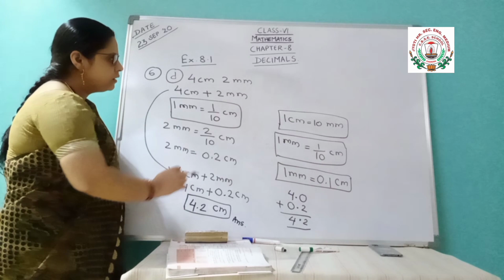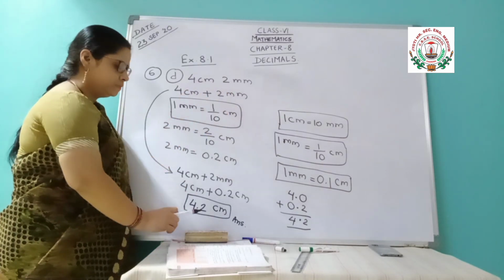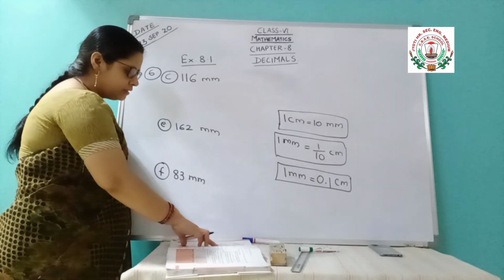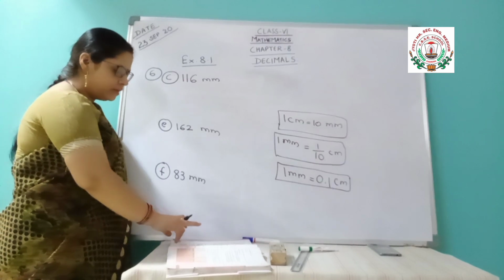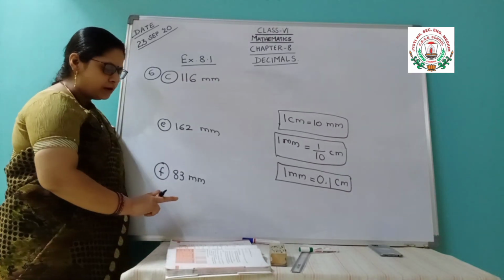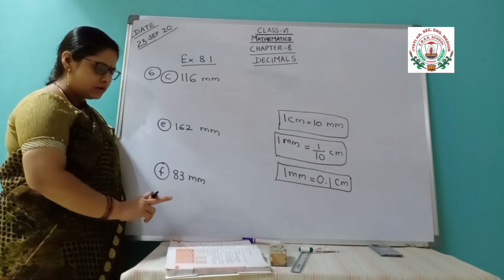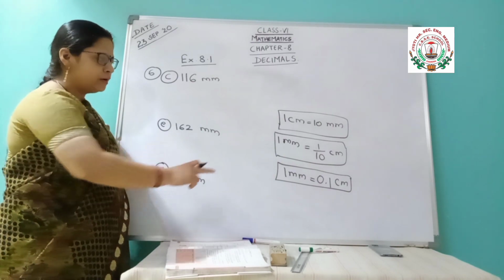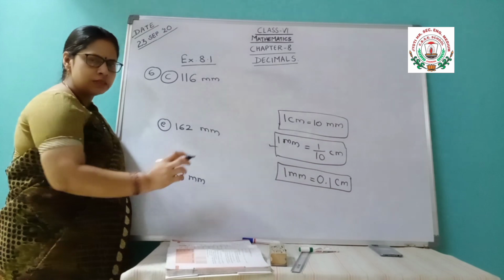So this is when a combination of two things are given together. The other parts: earlier I said that C part you can do, but you have to think a little bit. A part was having only one digit, B part 2 digits, and C part 3 digits, but in the denominator only 1 0 will come. According to this conversion, only 1 0 will come.